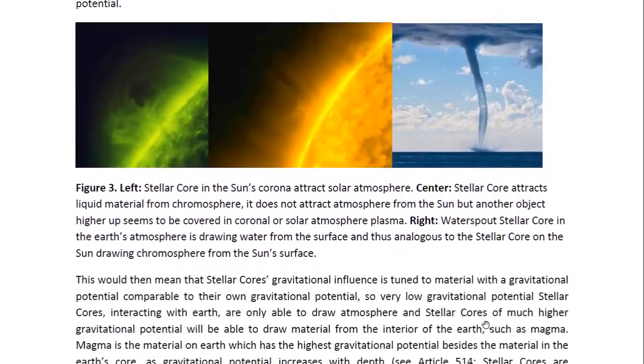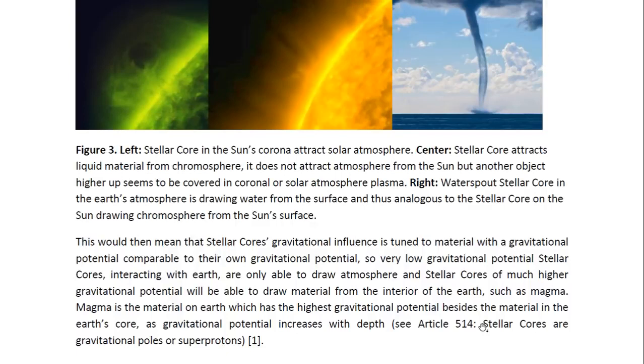This would mean that stellar cores' gravitational influence is tuned to material with a gravitational potential comparable to their own gravitational potential. So very low gravitational potential stellar cores interacting with Earth are only able to draw atmosphere,